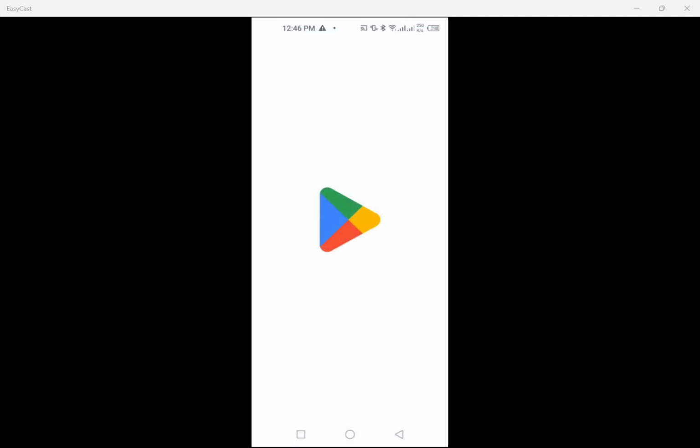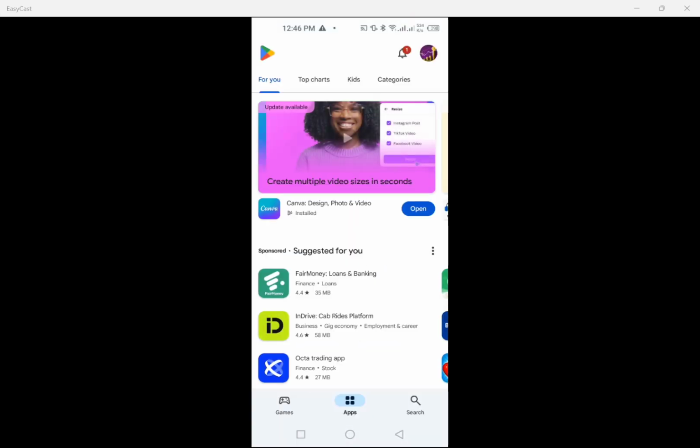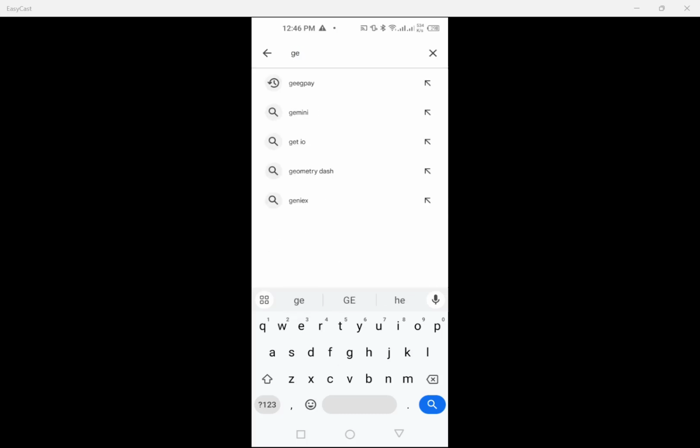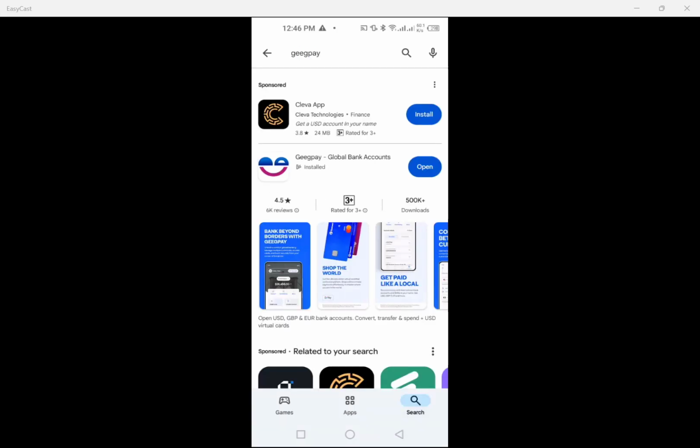Go to your Play Store and type in Geekpay. It's already showing, and this is the Geekpay symbol. Since I have already installed the Geekpay app on my phone, there's no need to install it. It shows open as an indicator that I've installed it. Then you can click on install. Then after installing, click on